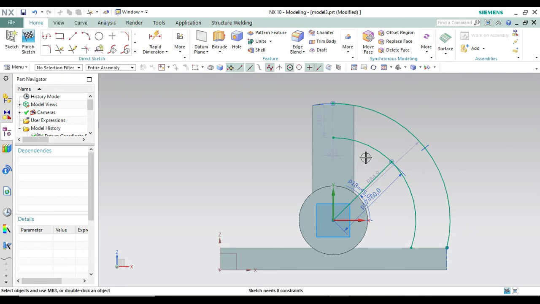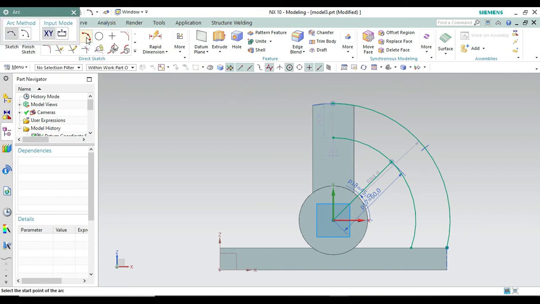Now we have to join these endpoints for creating the solid surface. So go on arc and make this and this one, and make a radius tangent to each other. Make this arc a radius of 15. Again, we have to join this arc with that endpoint. So join these two. Now similarly from here and here, join this center, take it to tangent, and let's make it 15. Okay, and click.